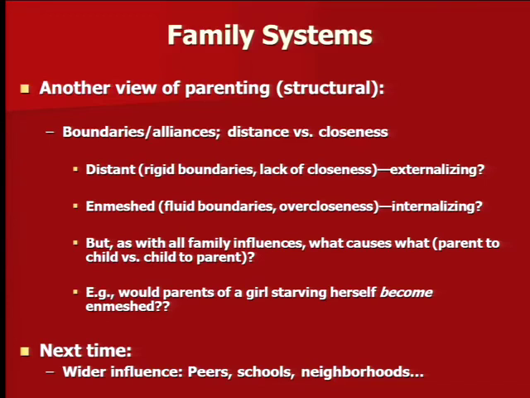So if you take this to forming a typology, family systems therapists would say some families are pretty darn distant, meaning the boundaries, especially the across-generation boundaries, are pretty rigid. Not a lot of warmth and responsiveness, but it's not just the warmth and responsiveness, it's that there isn't the communication across those generational boundaries. This is a correlate of kids who tend to be externalizing. So you could say there's not enough warmth and responsiveness, maybe the parents are too controlling, you could map that onto authoritative, authoritarian, permissive, etc. But the family systems therapist again would say it really is about who's communicating with whom, where the boundaries are,